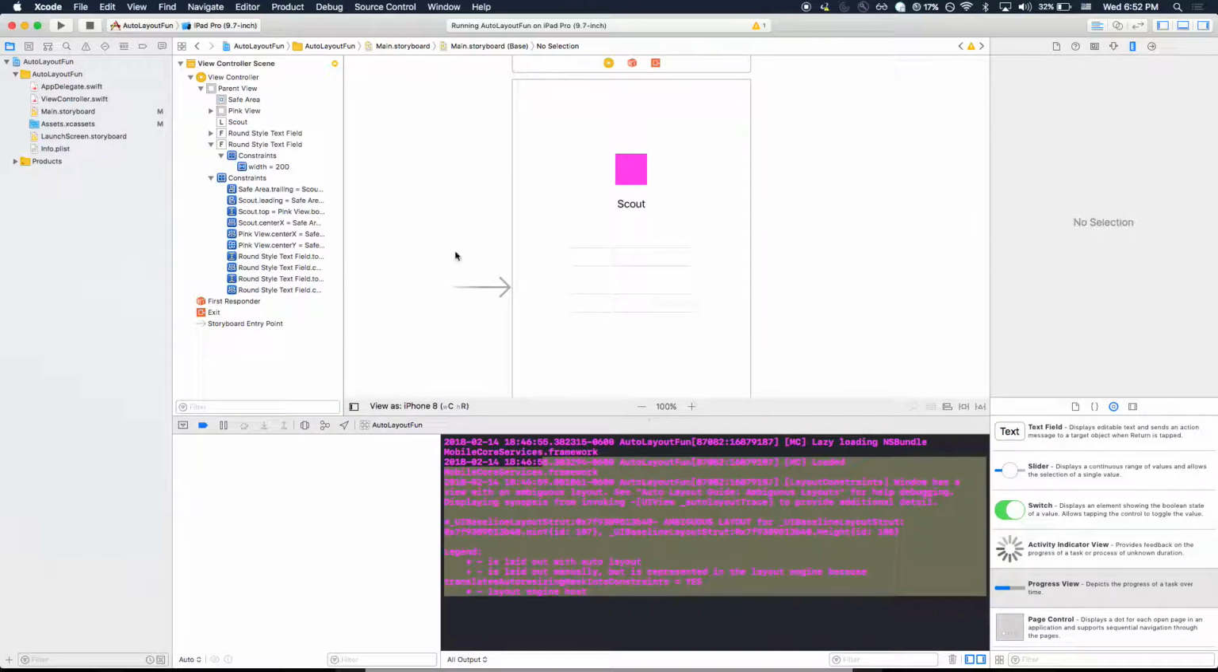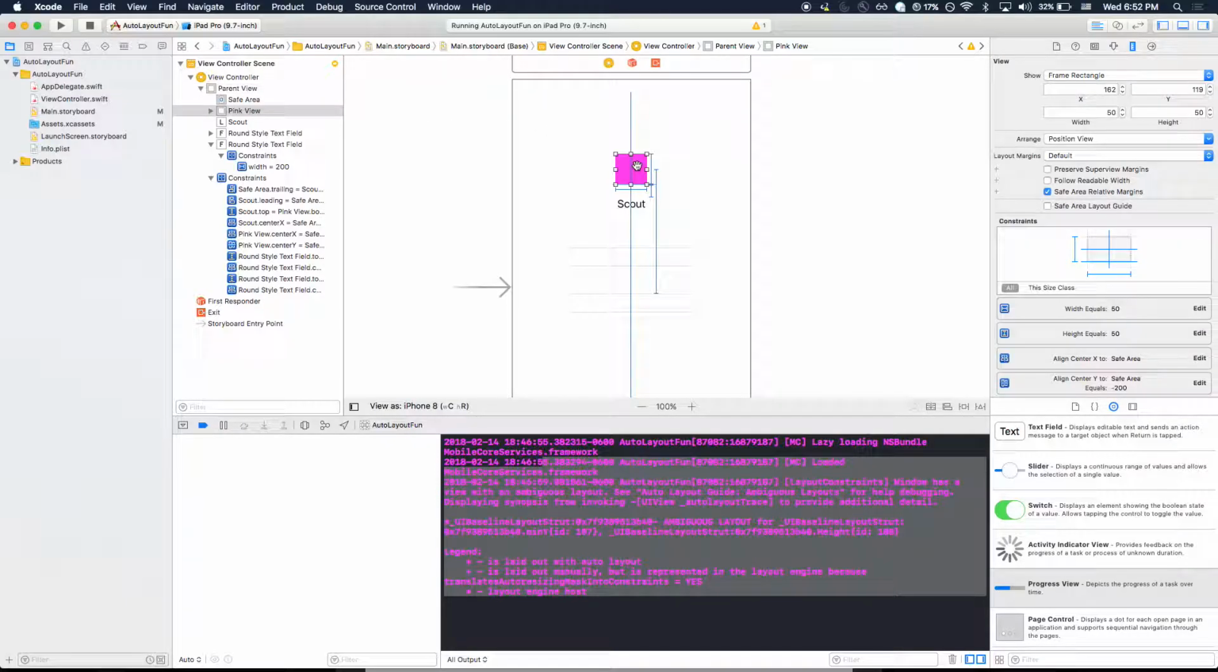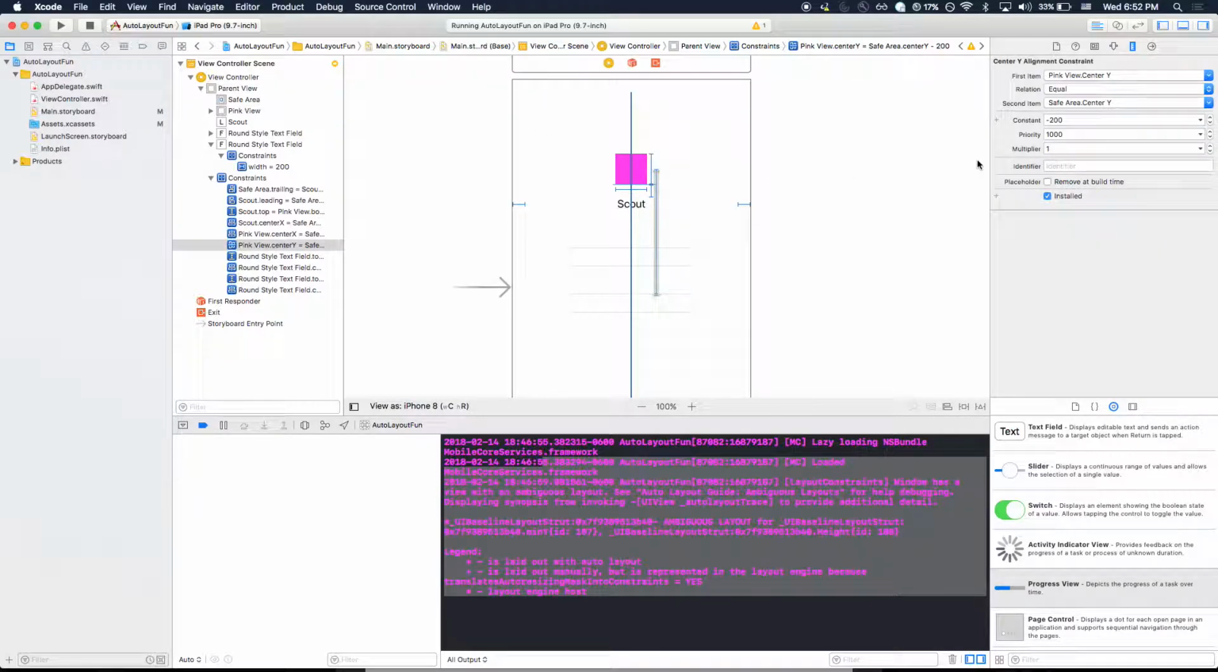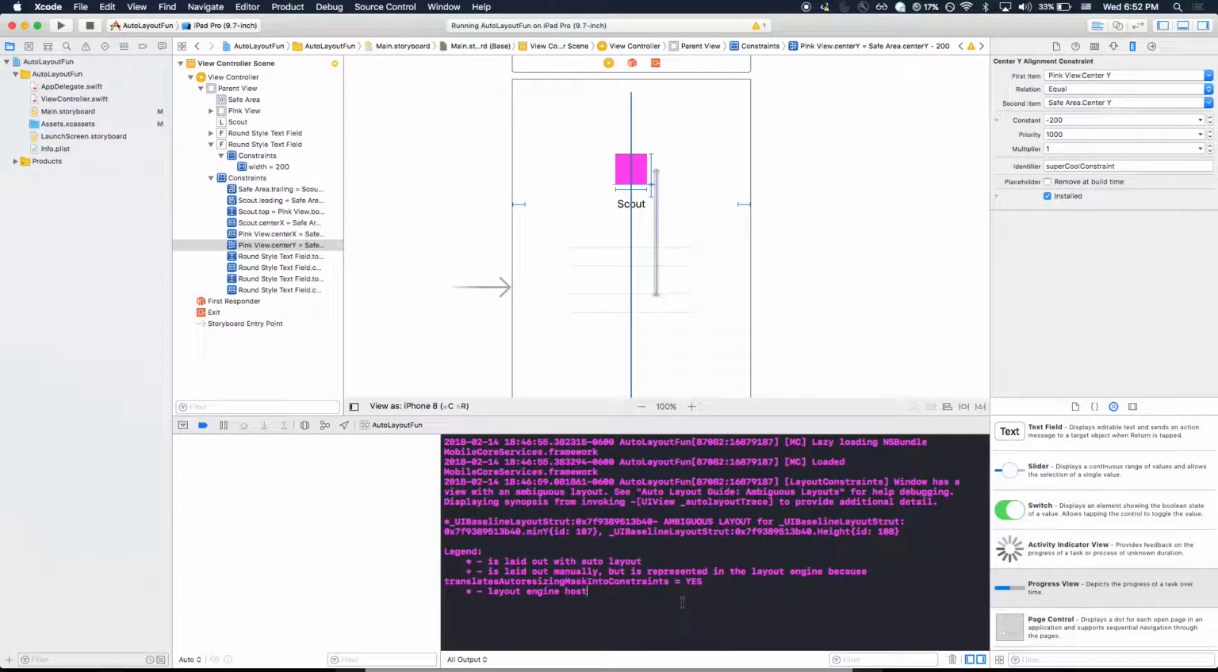There are certain things you can do. So let me show you. This guy has this constraint right here. You can add an identifier to it. So this is like a super cool constraint. And if this ever was an issue, you would see down here that the super cool constraint is broken because whatever. If you don't have that, you get